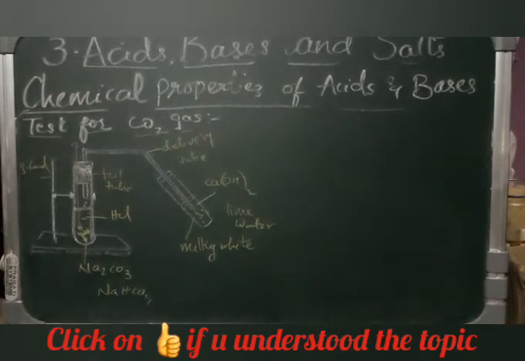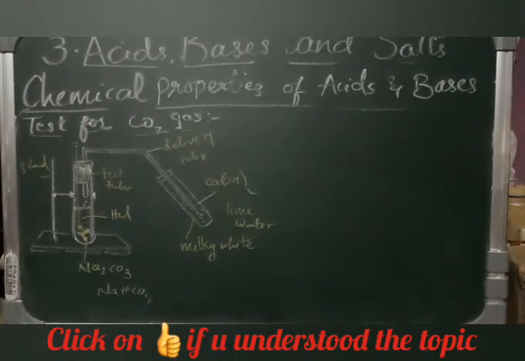Okay, so with this we have learned about the second chemical property, that is reaction of acids with the carbonates and metal hydrogen carbonates. Right, so as I already said, bases do not react with the metal hydrogen carbonates or metal carbonates. Okay, so next,